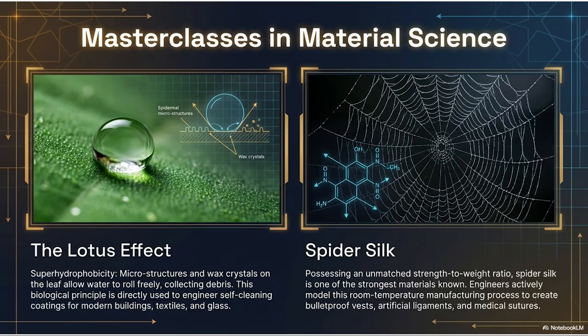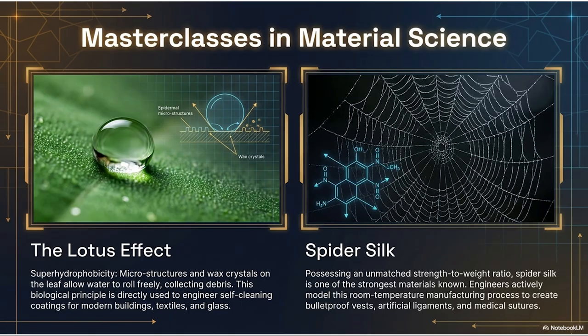Chemistry perfected by evolution. The first example here is the Lotus effect, superhydrophobicity. A fantastic word. Superhydrophobic means extremely violently water repellent. Right. Imagine a lotus plant. It grows in swamps. It grows in muddy, dirty, stagnant water. Yet if you look at a lotus flower or its massive green leaves, they are always immaculately clean, not a single speck of dirt. How does a plant living in literal mud stay pristine?